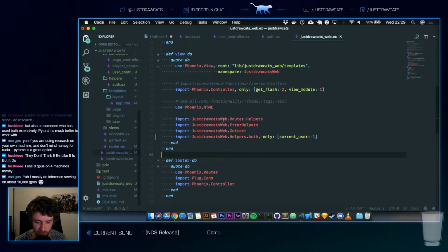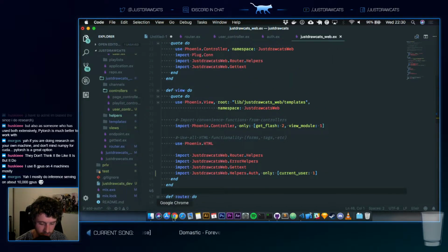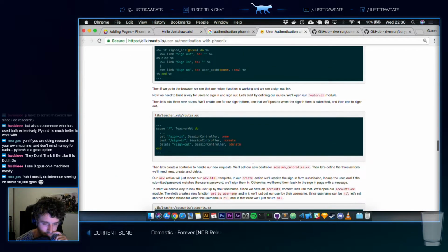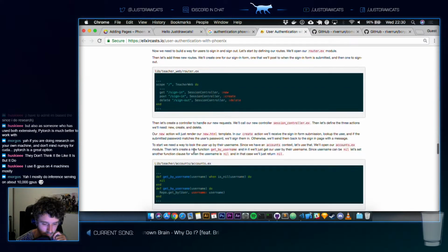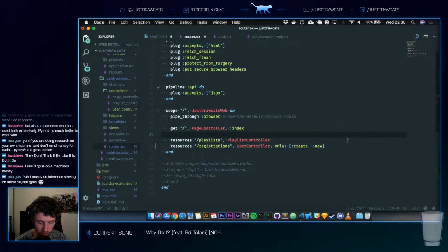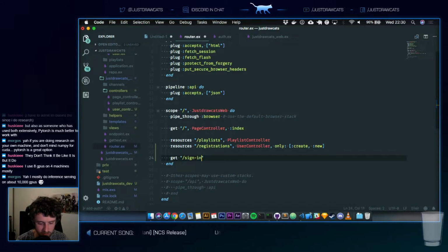Beautiful, beautiful. Okay, let's create a session controller. So did they tell me to just create it, or did they tell me to generate it? Let's create the controller. Okay, sure, whatever. Router, let's make some stuff. Okay, let's have a couple things. We have get /sign in sessions controller. Oh, they use singular, so session controller